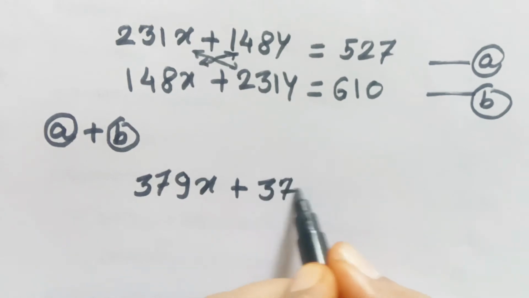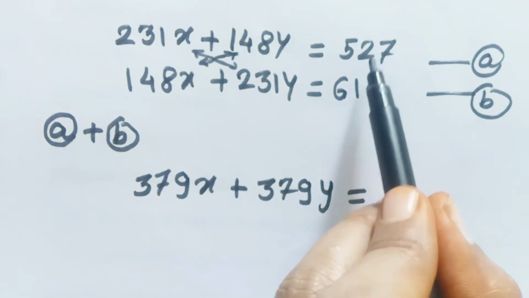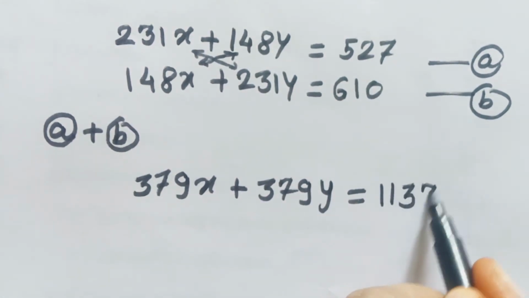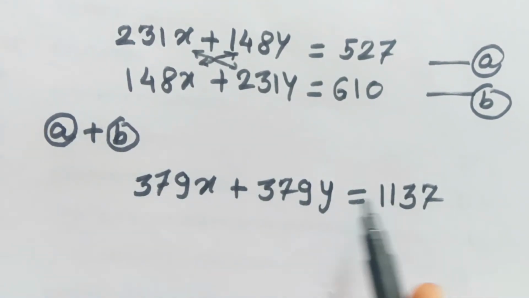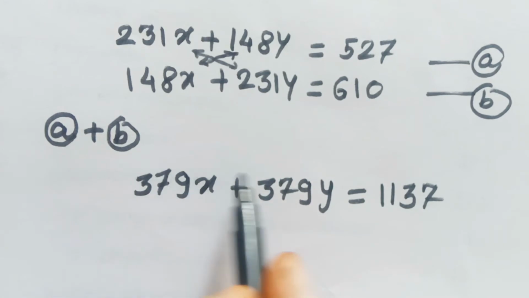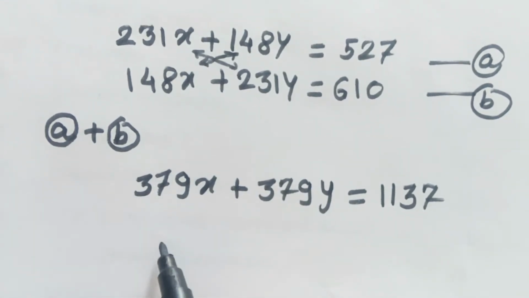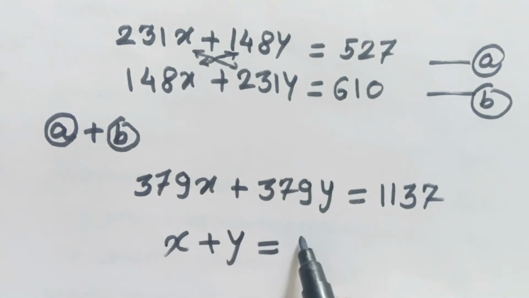Here 379y is equal to, add this term, then we get 1137. Now divide by 379 throughout, because on the left hand side 379 is common, so we take it common and divide by this term, then we get the left hand side is x plus y is equal to,